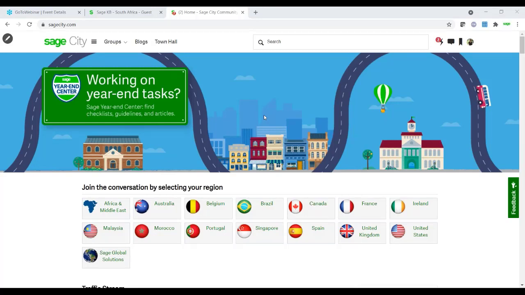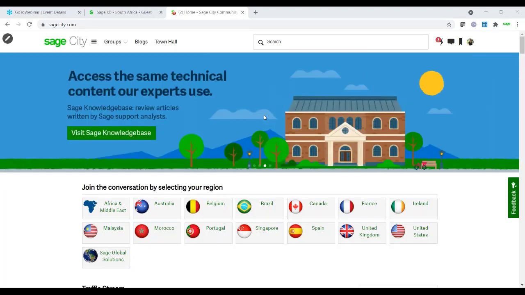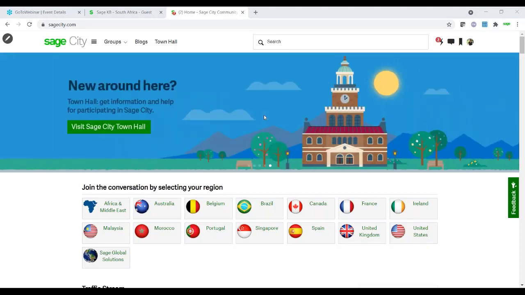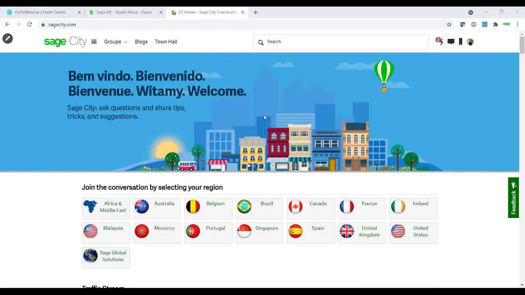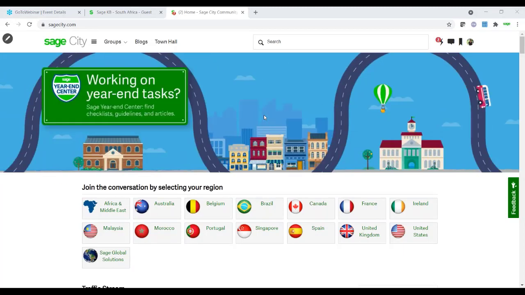So guys, I've answered most of your questions. A quick question did just come up: how do you allocate values that have been done for a previous year that you can't match? In this instance, you would need to convert back to balance forward and then convert back to open item. So if you cannot match them from the open items or from the match open item screen, then you need